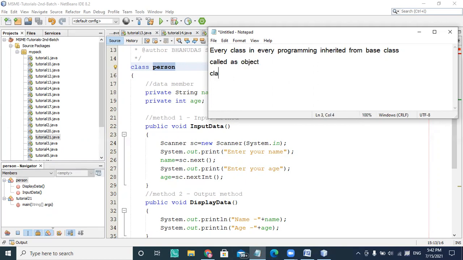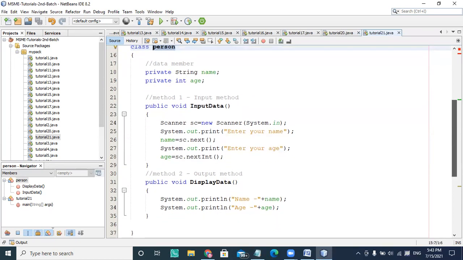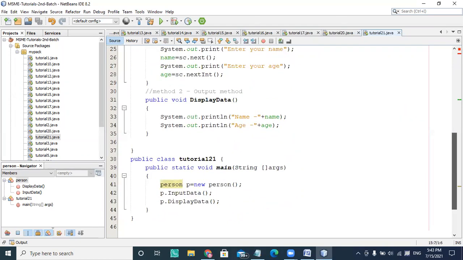There is a class whose name is Object, and all classes are inherited from the Object class. So the Person class is also inherited from the Object class here. If you are not providing a constructor, then it is calling the Object constructor here, and the default value is assigned to the variable.